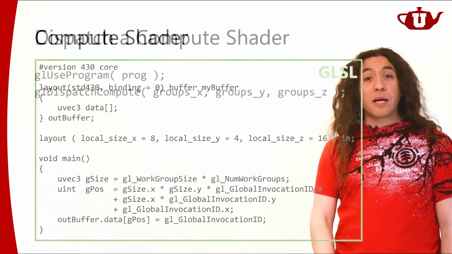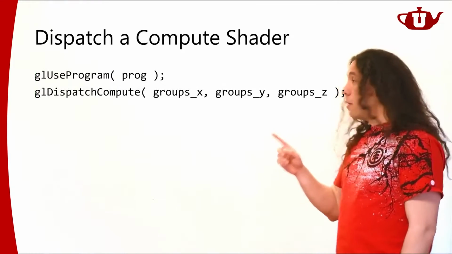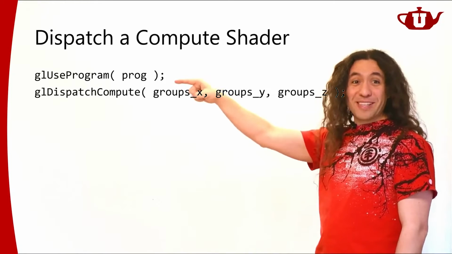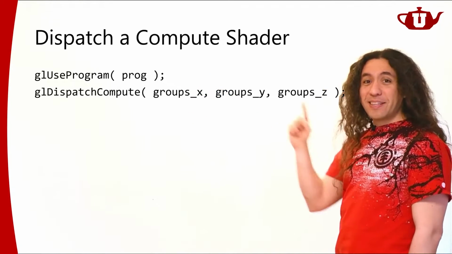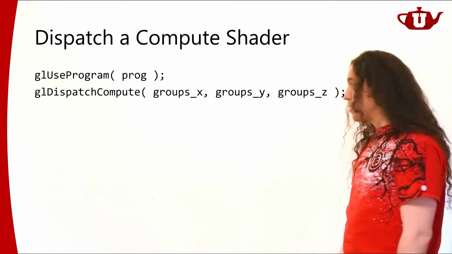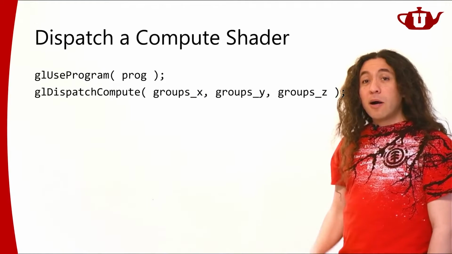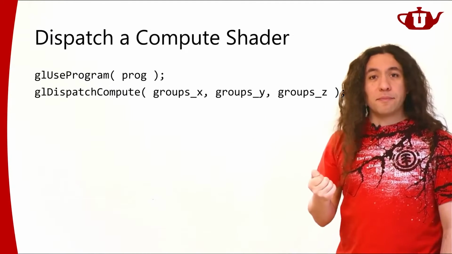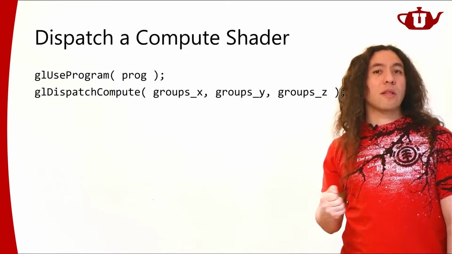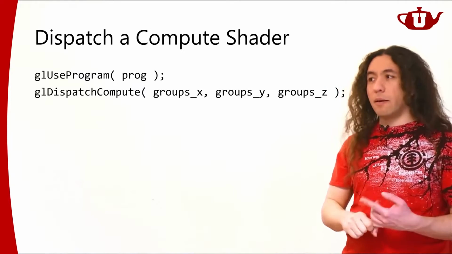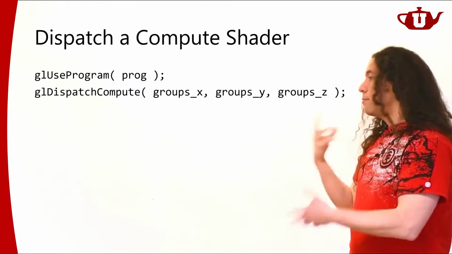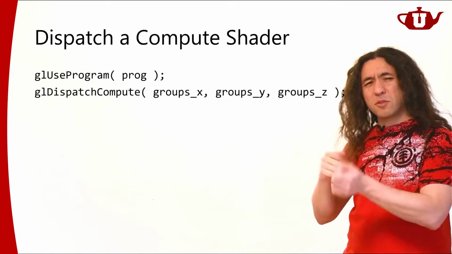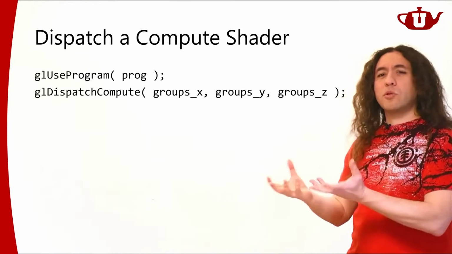One more thing. When you're running a compute shader, obviously, you need to say, I'm using this program. It kind of makes sense, right? You need to bind it, and then you say, I'm dispatching. And now you might be outputting some data that will be used later on for rendering purposes. That data could be maybe modifying some texture data. This is different than render to texture.